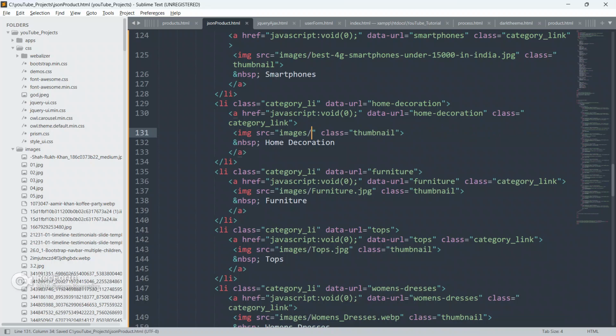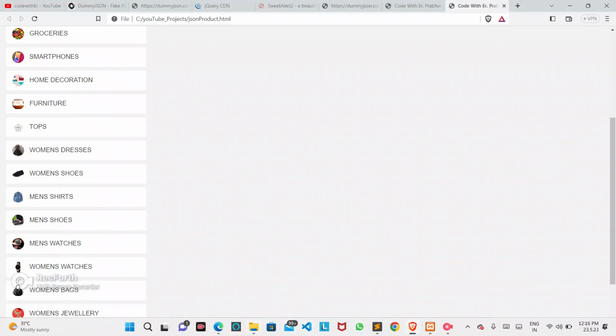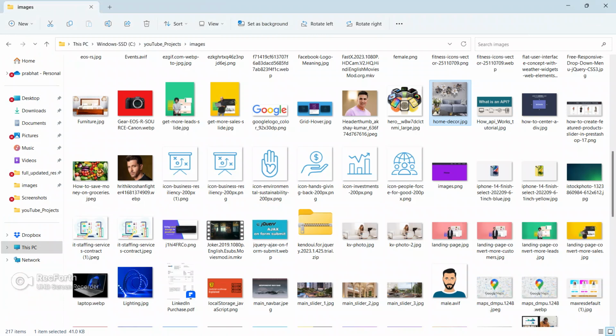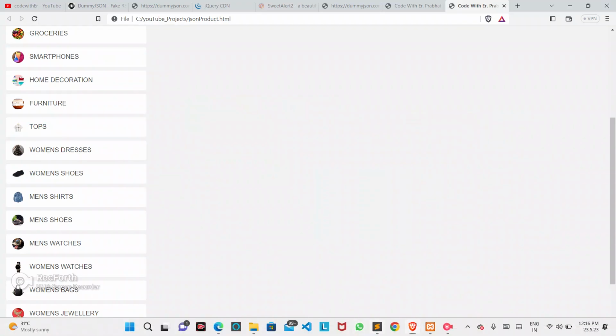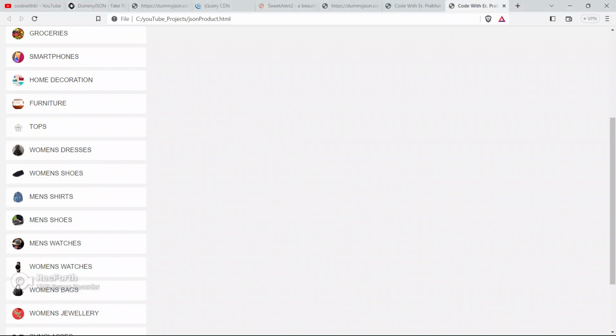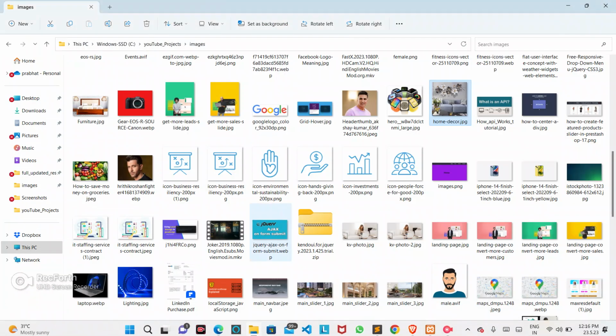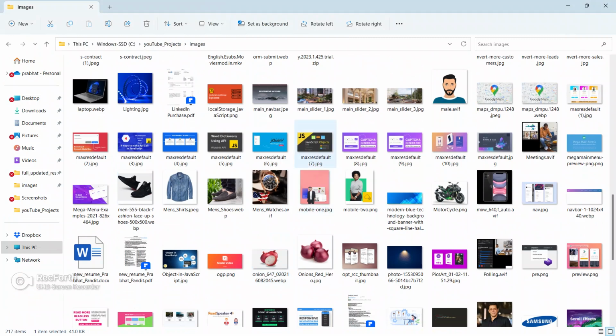Go to home decoration and replace the images. Home decoration, go to the code and replace the image name. Now go to the laptop and lighting.